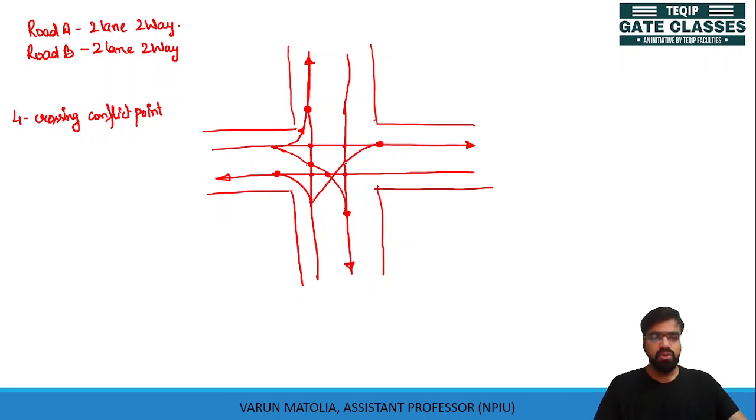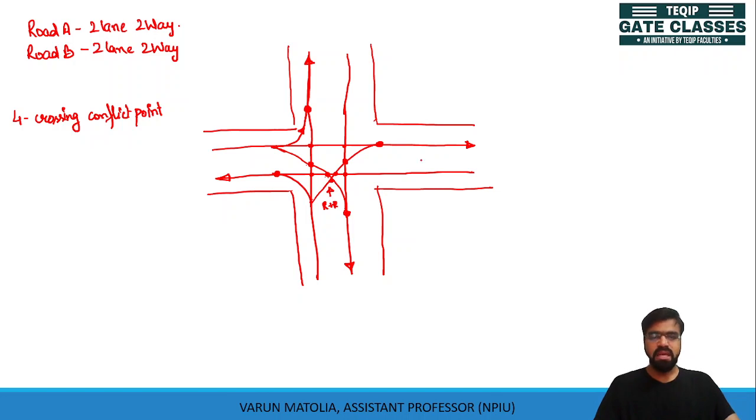It has 2 points of right turning traffic meeting with through traffic, and this one point of conflict. This is right plus right. This is right turning traffic, and this is also right turning traffic. So where these meet, they make a conflict point. So there are 3 conflict points here: 2 for through traffic and right turning traffic, and 1 for both right turning